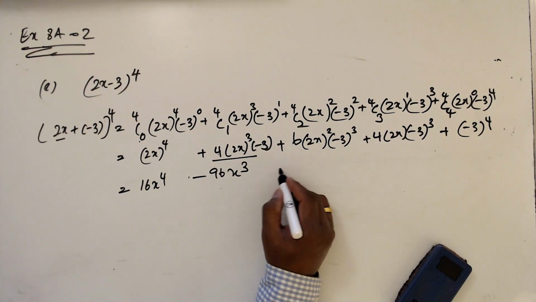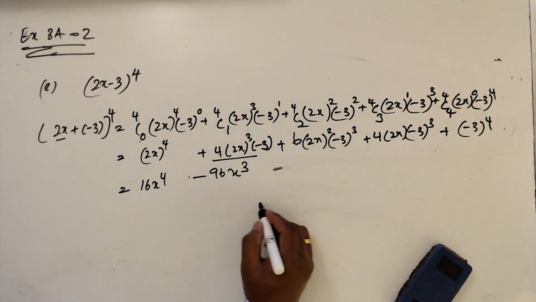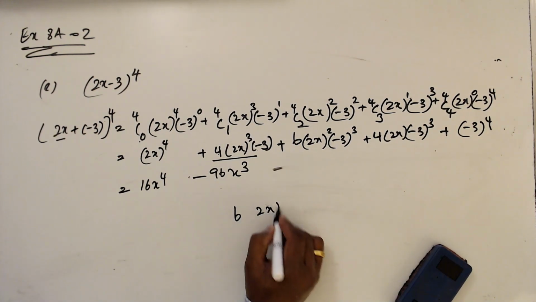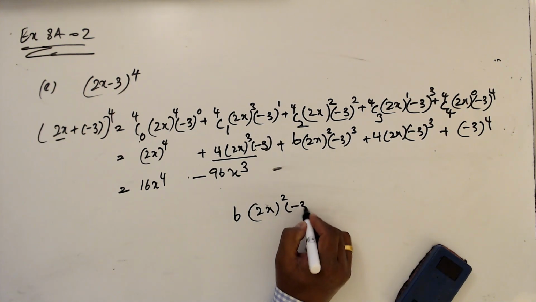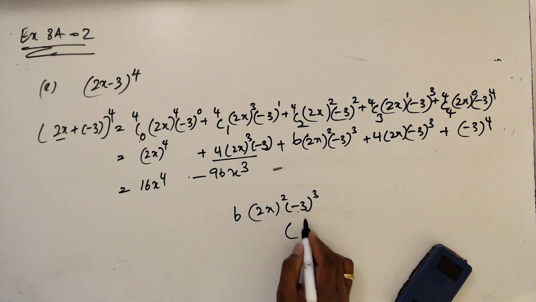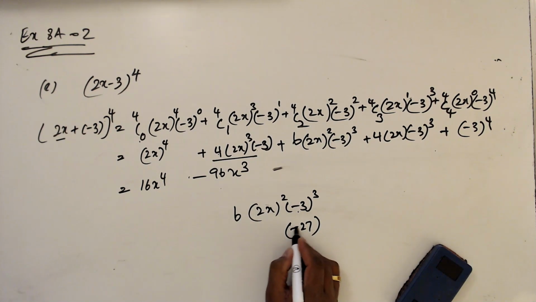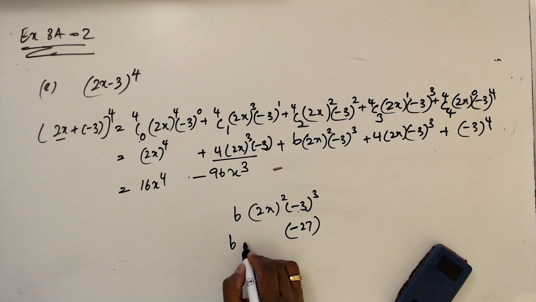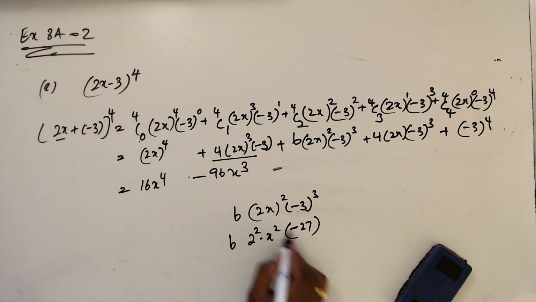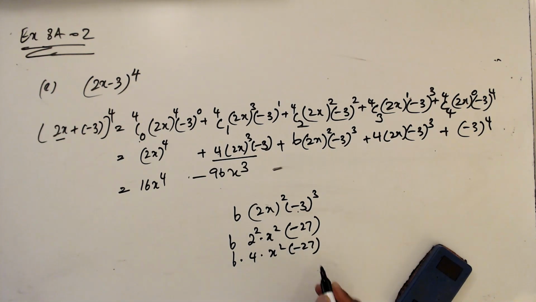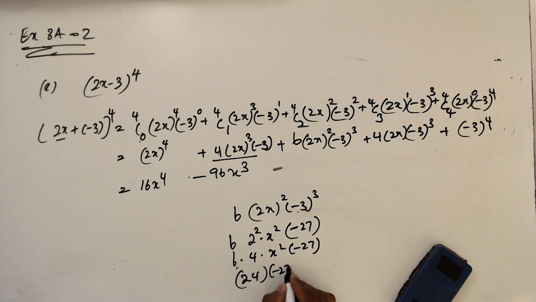And let's see this one. This is 6 times 2x squared times minus 3 cubed. So this is going to be minus 27, and this is 6. This is going to be 2 squared x squared. 6 times 4 times x squared times 27. So this is going to be 24 times minus 27 x squared. It means this is going to be minus